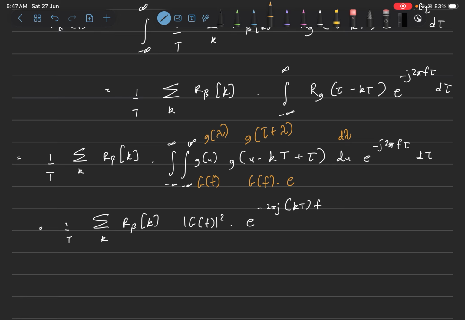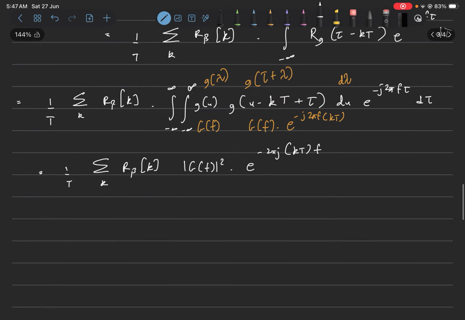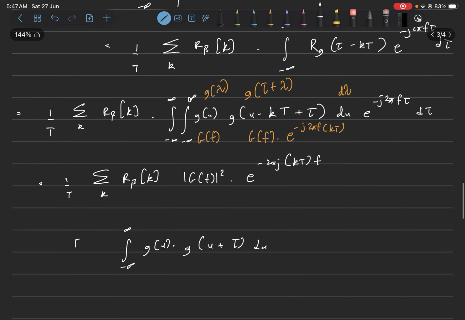is delayed by kt, it will also have the delay factor, because this is tau plus lambda minus kt. This also has a delay of kt. So essentially, if it was minus infinity to infinity gu times g of u plus tau du, then this would have a Fourier transform of gf square. But then since the second one is delayed by kt, and we have to do the product of